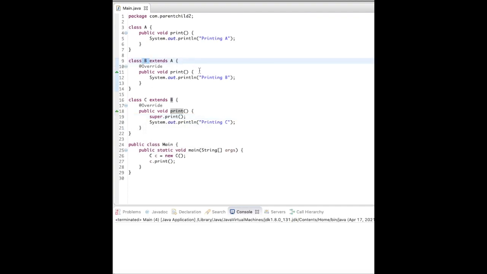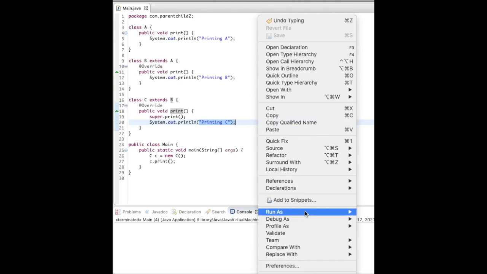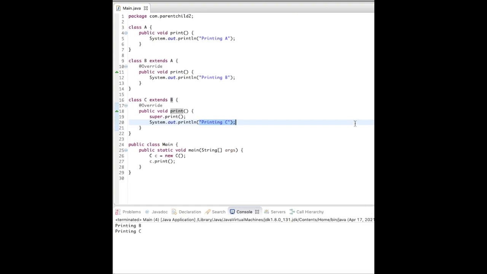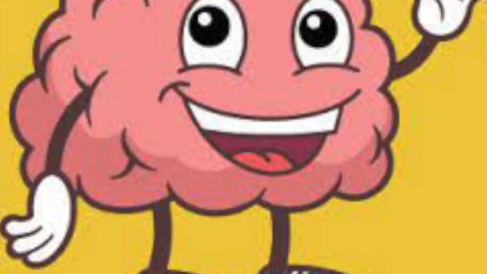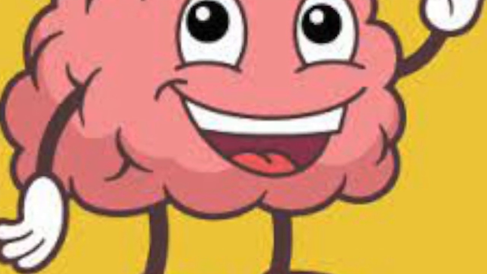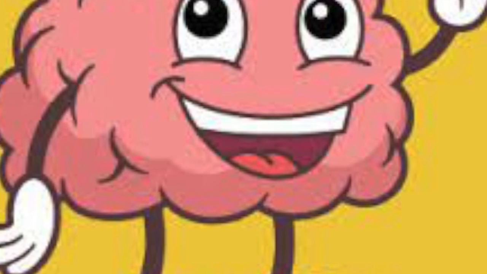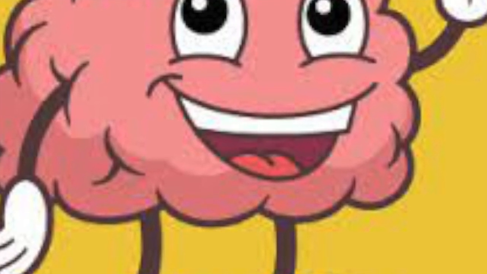And in class B I have not used super.print. So it will only say printing B, and then it goes to the next statement, with the output printing C. So when we run this program, our output will be printing B and printing C. Not so complex, it's easy. Yeah, the last question was a pretty simple question, but keep moving on. It does not stop here. There are a lot more tougher questions ahead.